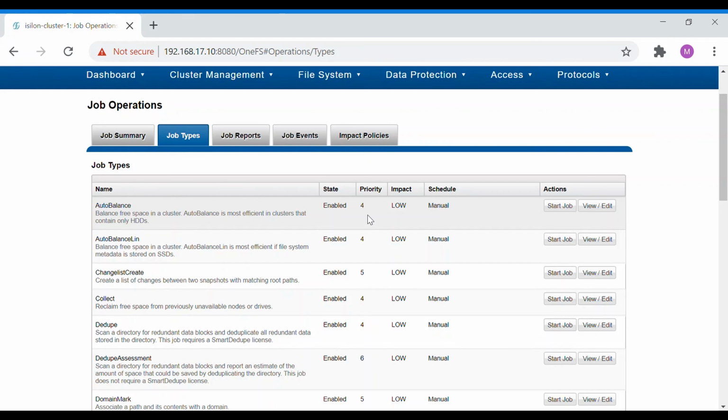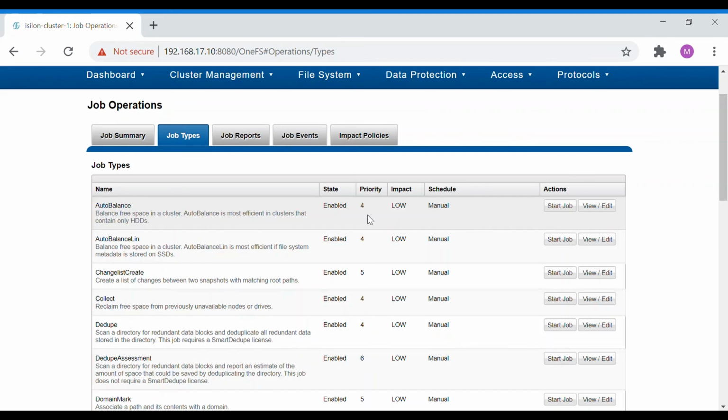So OneFS will pause the job with the lowest priority. In our case, the priority 6 job, the third job, will be paused and queued, and the new job that is waiting will kick in, and once that is completed, the queued job will be resumed. So for this purpose also, the priority works.